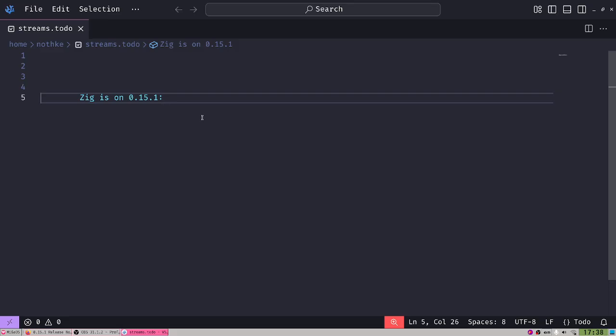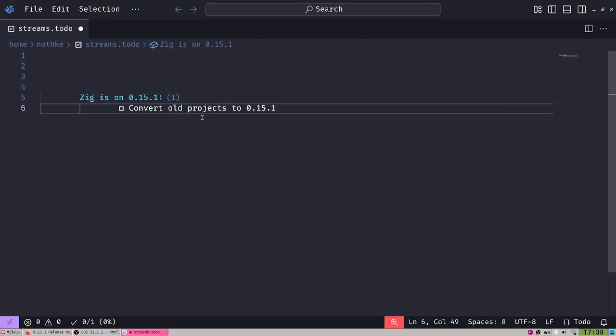First off, what I want to do is convert some of my old projects to 0.15.1. Let me repeat why I'm actually working on a Linux machine.